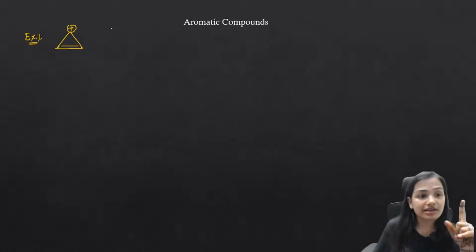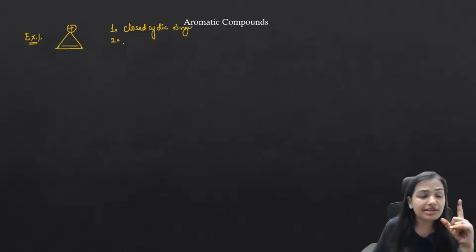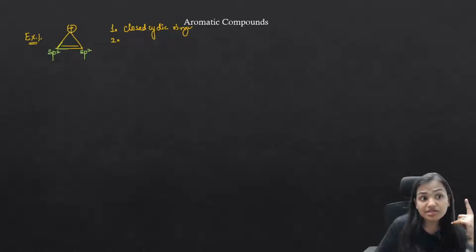Is it a closed cyclic ring? Yes, point number 1 is obeyed. It's a closed cyclic ring. The second point: is this planar? We can see its planarity. How can we see its planarity? See, this carbon is sp2 hybridized, this carbon is also sp2 hybridized, and if you see, this is a